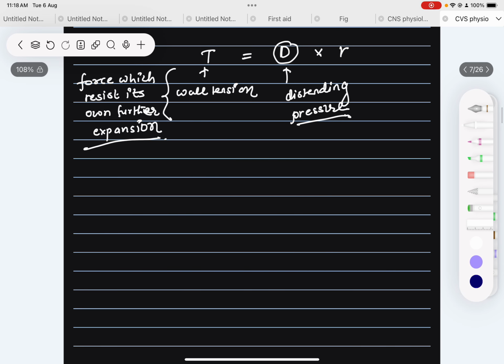Now what will happen in the alveolus: the tension force is distending pressure into radius upon 2,